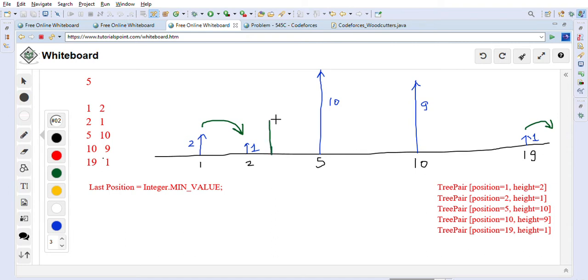If we are following this tree, it will go until 3, right? So it means that we cannot fall this down, because the tree is already present, one tree at location 2. So we cannot fall this tree on the right side, correct? So we have only one choice for this tree, that we will fall this tree on the left side, because there is nothing on the left side.